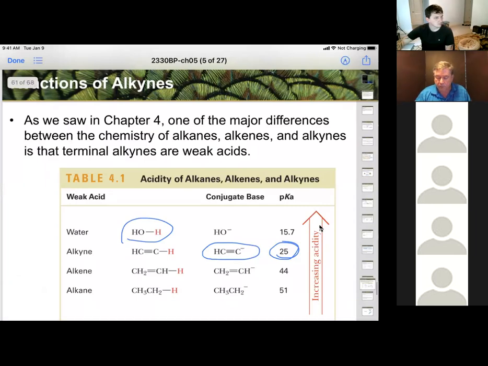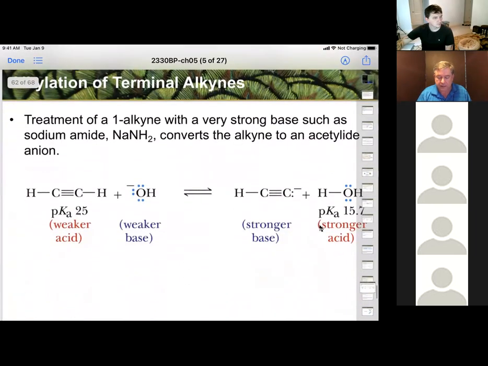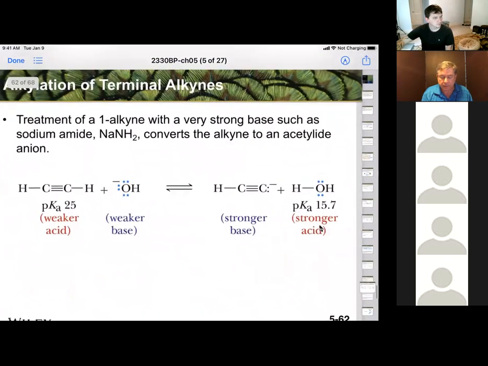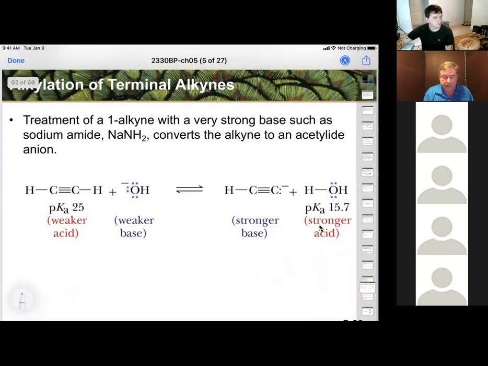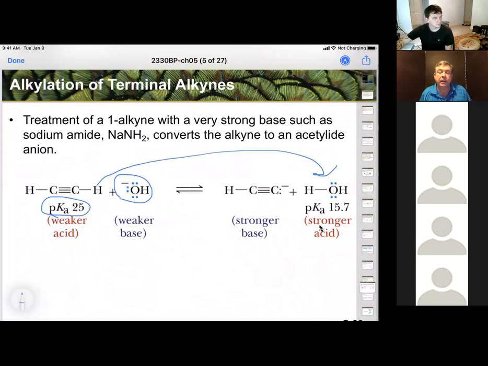Okay, so when we do that, we typically look at the acid and base strength. Remember we were talking about that? And if we look at the pKa of our alkyne, and we try to use water or hydroxide as the base, what happens is when this hydroxide pulls the proton off, it becomes water. And our water has a pKa of 15.7, but our alkyne has a pKa of 25. What this means is hydroxide is not a strong enough base